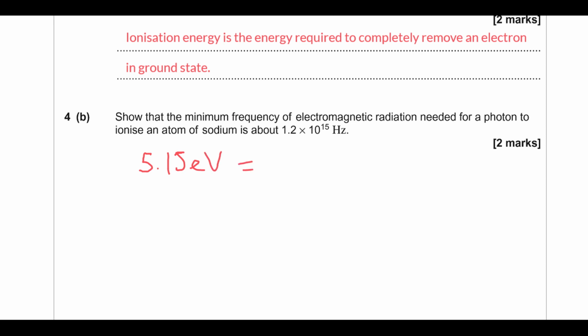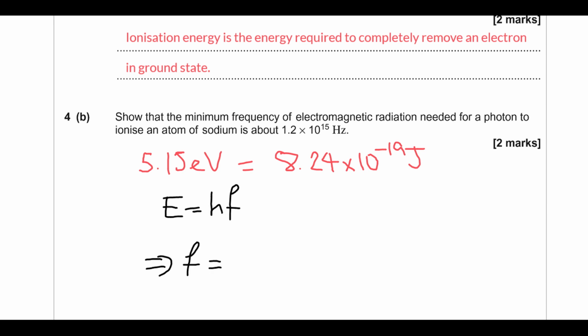And we do that by multiplying by 1.6 times 10 to the minus 19 times 5.15 gives us 8.24 times 10 to the minus 19 joules. That's the energy. E equals hf for a photon energy. So the frequency is going to be that energy